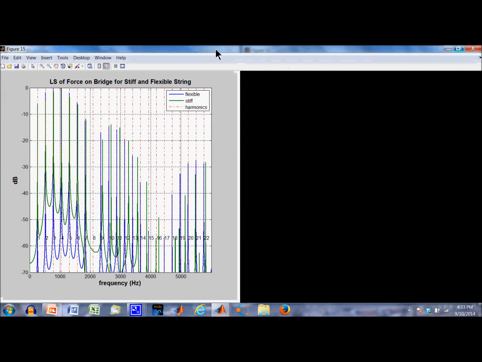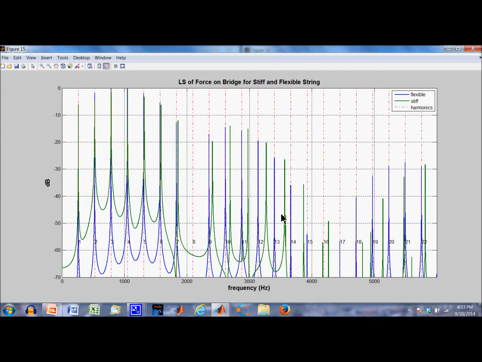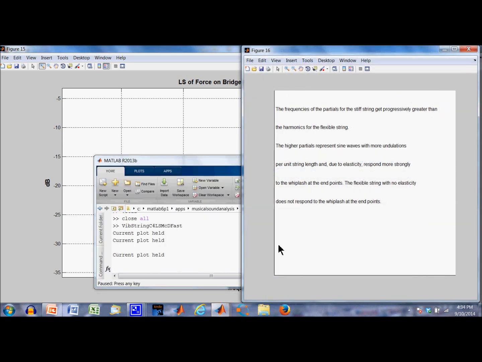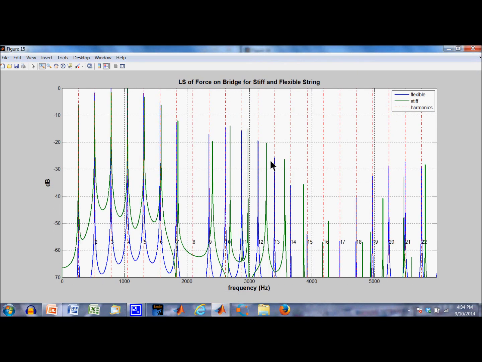Okay, here's the line spectrum of the force on the bridge. You can see here the fundamental is represented at 261.6 Hertz. The red dotted line is the harmonic position. Both the flexible and the stiff have a representation at that fundamental. So let's go back here, and you can see that as the frequency gets higher, you start to get